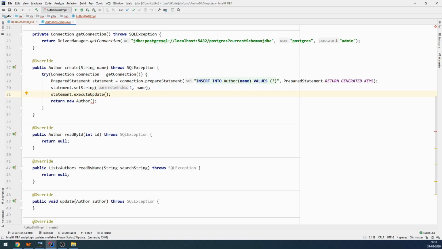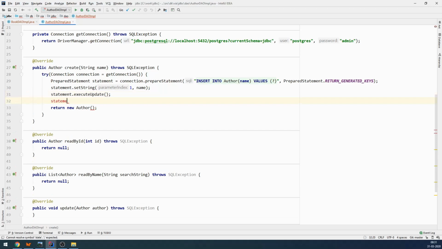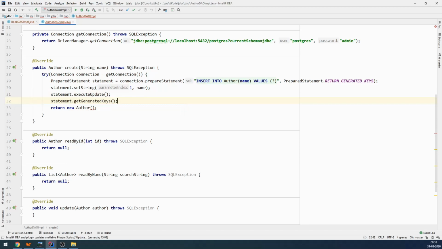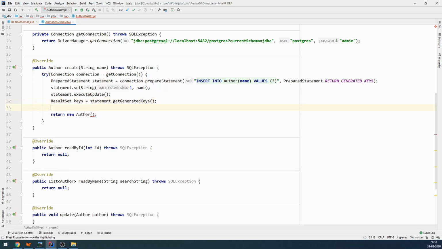What we can do now, though, is we can say statement dot get generated keys. And what this is, let me just use Control-Alt-V again, because you can see what's going on. Now we have the generated keys, let's just call them keys. It's a result set. So how do we deal with a result set? Well, we use a while, right? Except it's kind of silly to use a while when we know there's only 1. So we need a while that goes through only once. That's called an if. So if keys.next